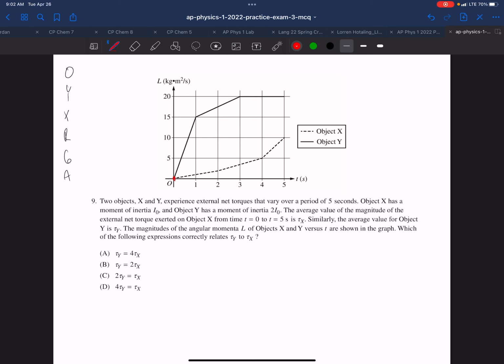Our y-axis is L, the angular momentum, which is in its normal units. The x-axis is in time, in its normal units. So any questions about angular momentum or time will simply be read off the graph. Now the slope is delta L over delta T. So this is where we want to pull out our basic knowledge, and we want to start